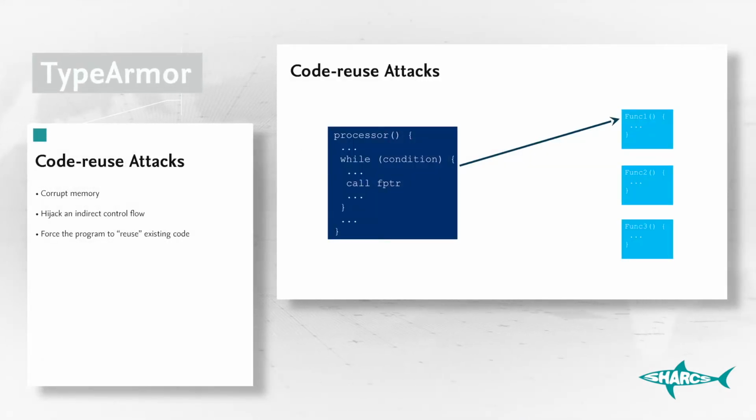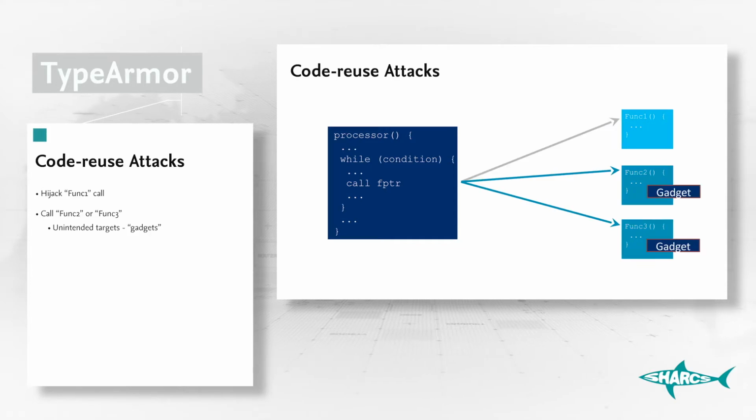Type armor. Code reuse is a fundamental building block of modern software exploitation. In a code reuse exploit, an attacker seeks to corrupt memory, hijacks an indirect control flow, say an indirect call in the code, and forces the program to reuse existing code targets in unintended ways that are interesting for the